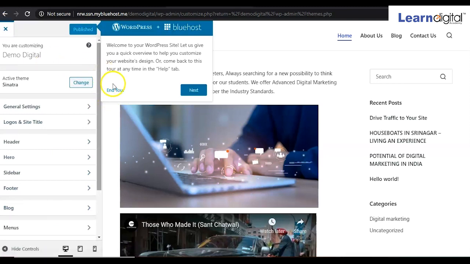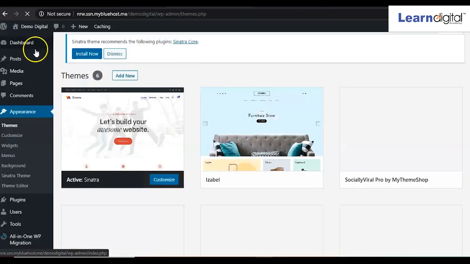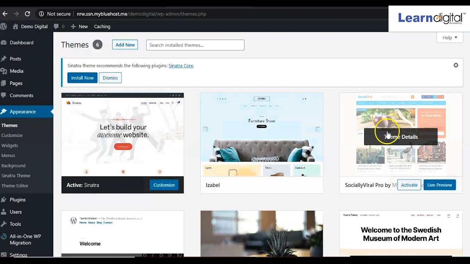So simply we'll go back and choose our old theme, that is Socially Viral. This is the theme we were using. Click on activate.